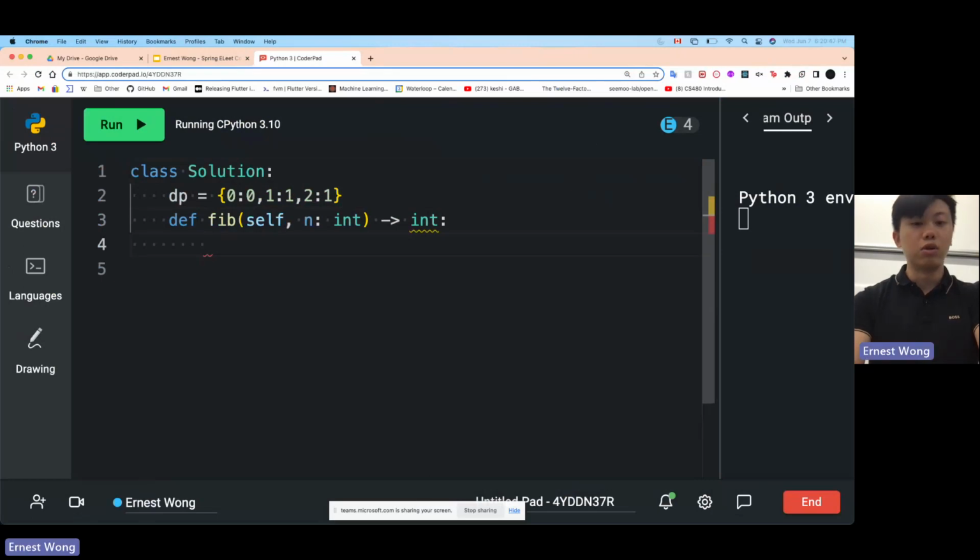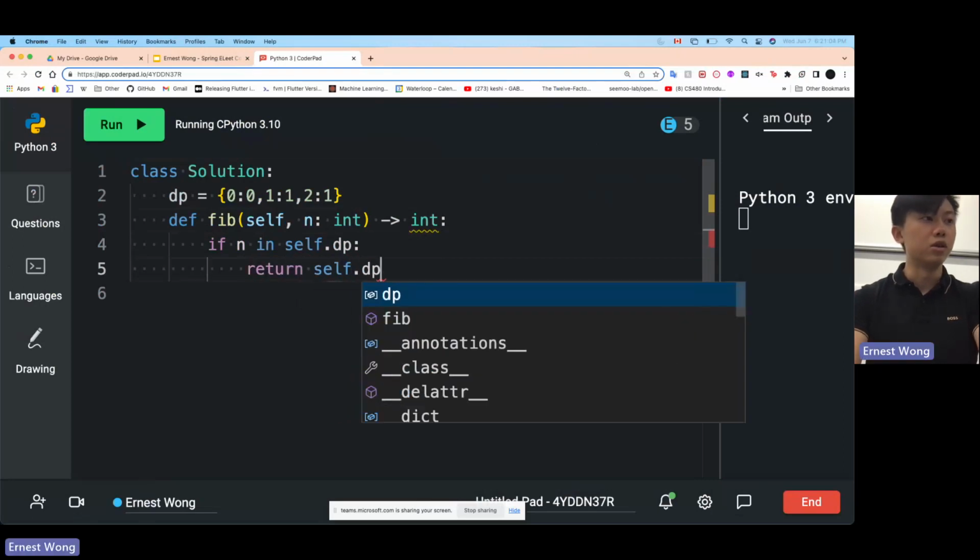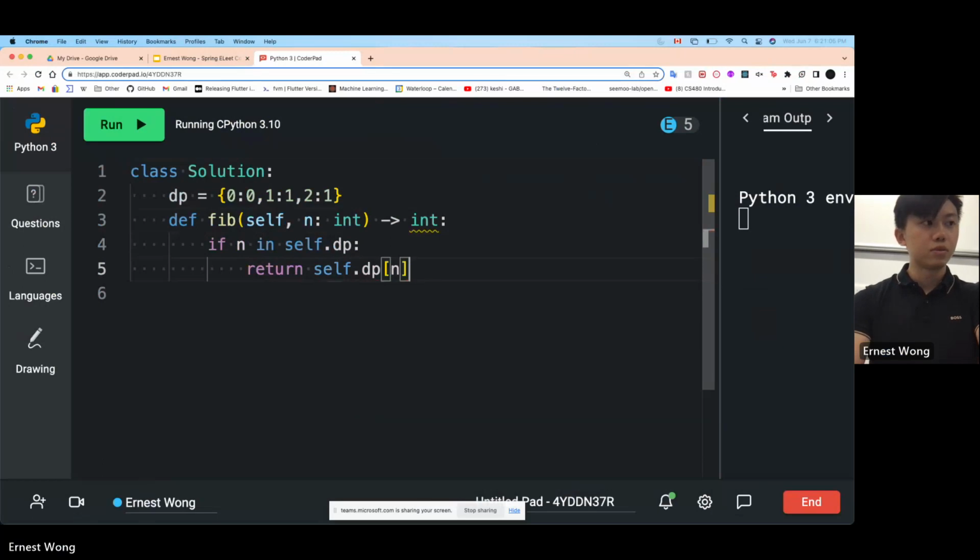And when we recurse, we first want to see if n is already in the memoization, or in the DP map. If that's the case, then we don't have to recurse after that, right? We can just return what's in the map. If n is in self.dp, then we just return the value in dp. So far, so good.